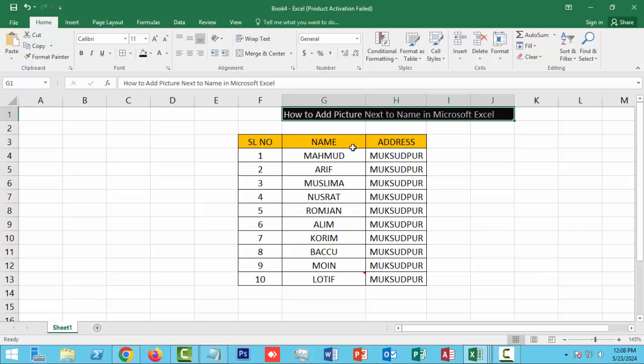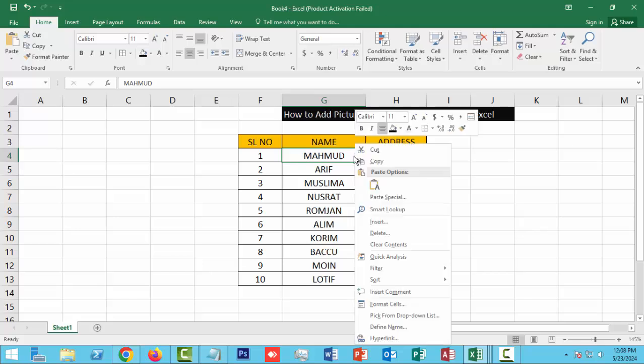Firstly, this is the format: serial number, name, and address. The picture will be added next to the name. Firstly, to add a picture, click the name, the first name option, this Mahmoud. Now click the mouse right button, then